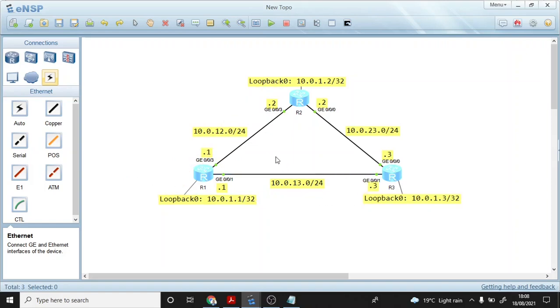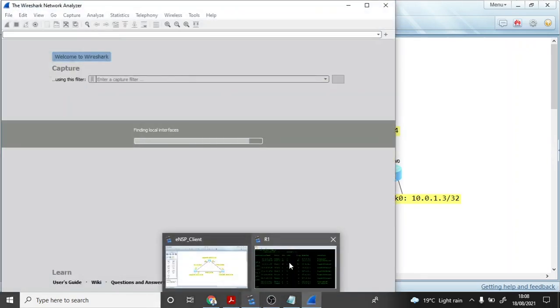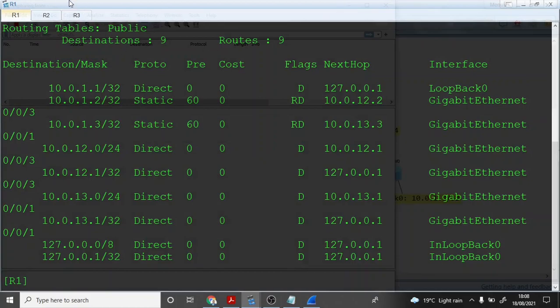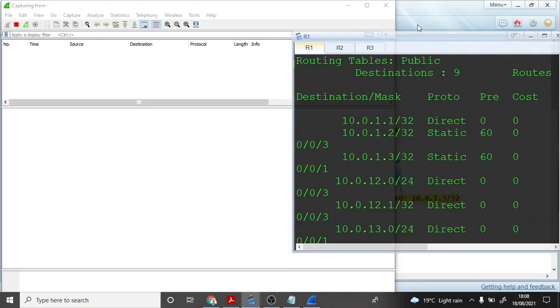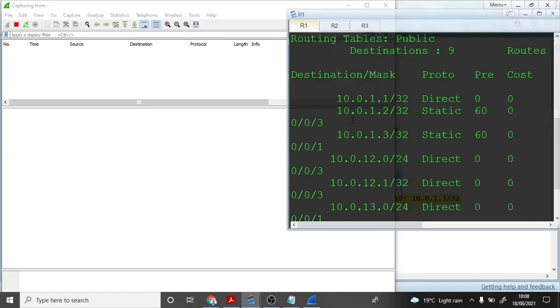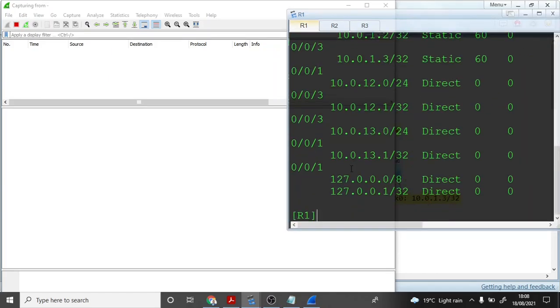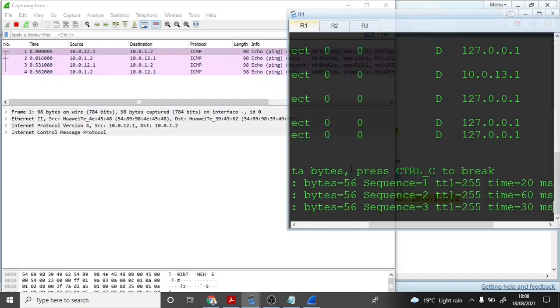If I do a data capture, for example here, if I right click, then start data capture, then I do a ping from R1 to the loopback of R2, you'll see that indeed R2 is going to get the request. So if I do ping 10.0.1.2, I'm pinging the loopback of R2. If I do that ping,